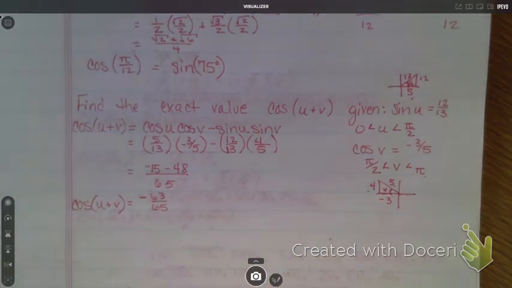For next period, for third period, the 7th graders that go for PE, instead